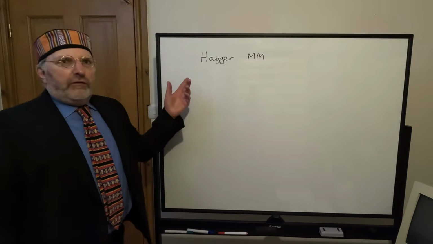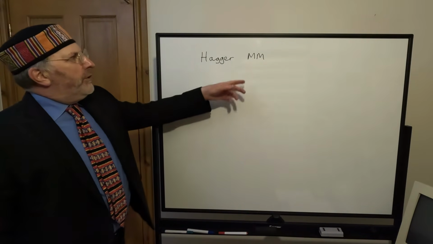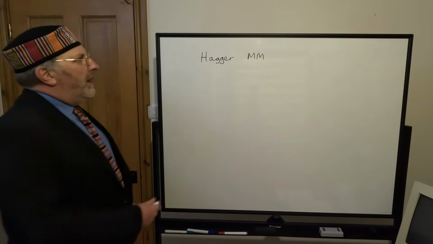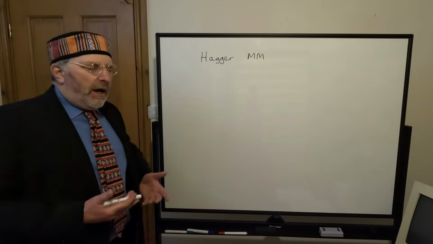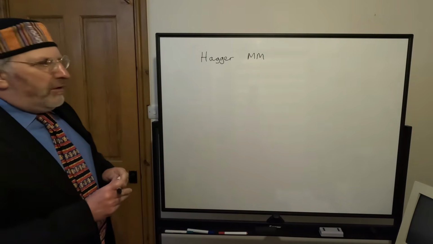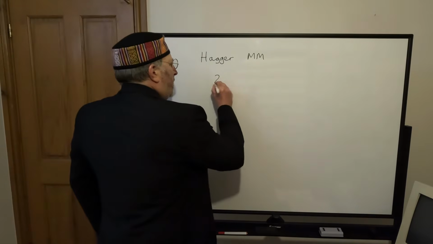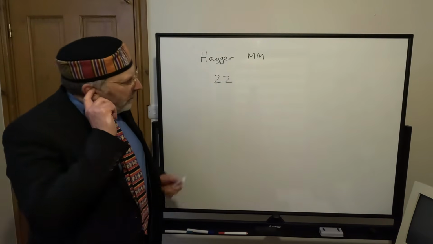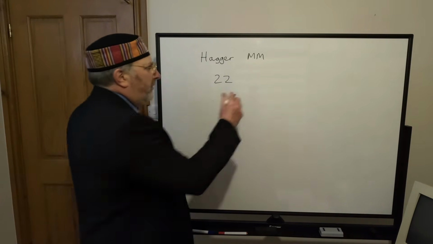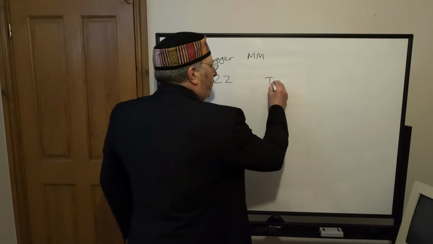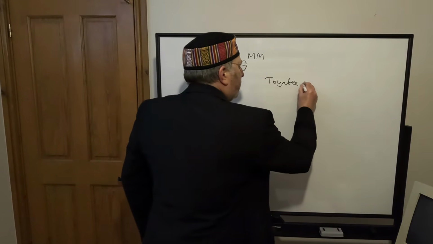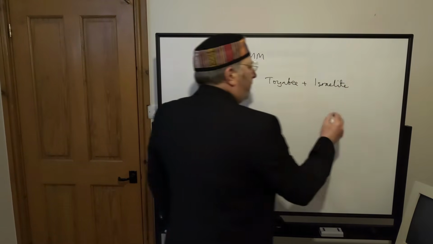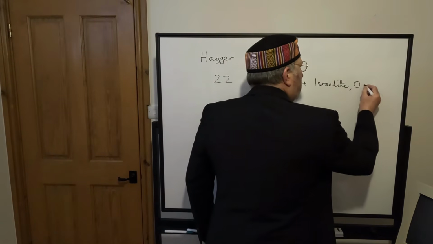And our last civilization theorist is Nicholas Hagger, who's writing around the time of the millennium, that's the year 2000. His list of civilizations is largely based on Toynbee. He identifies 22 civilizations, and one of the key things he does is to add a couple. It's sort of Toynbee plus an Israelite civilization he identifies, which Toynbee doesn't have, and an oceanic